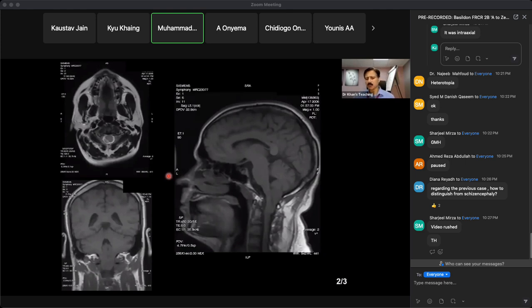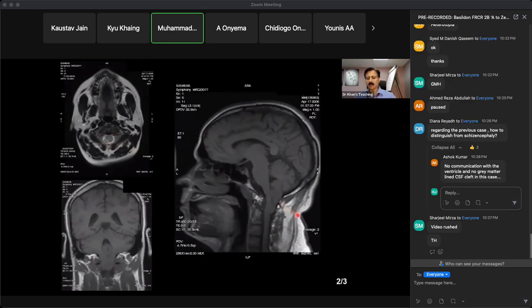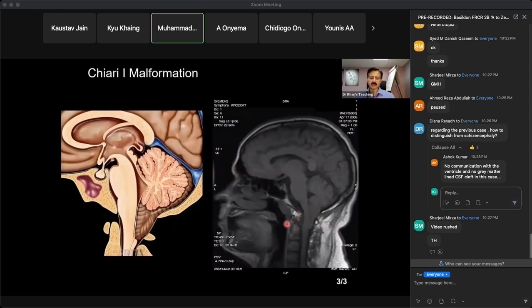So this is Chiari one malformation. Please remember, they will show you on an axial slice, and you have to develop your eyes to pick this up. Now, the learning point in Chiari one malformation is that I have seen it being overcalled so many times in our reports. Basically, the criteria is that if the tonsils are more than 5 millimeter below a line drawn across this portion of the bone,